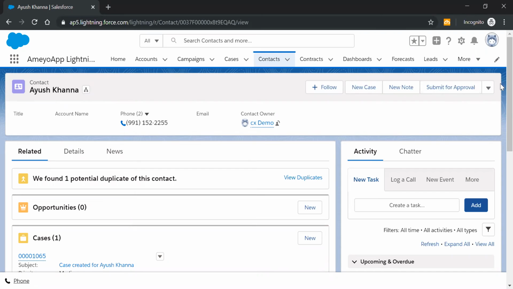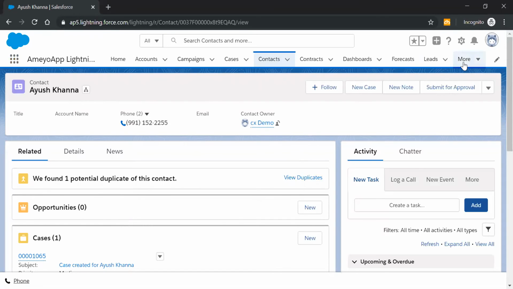The other scenario can be, let's say, a new customer calls in or the agent initiates a call to a new customer. If that is the scenario, then in that case, only the phone number would be viewed. The other parameters would not be present. So as an agent, I can manually update the fields. So this was regarding the second touch point, how the CRM gets populated.